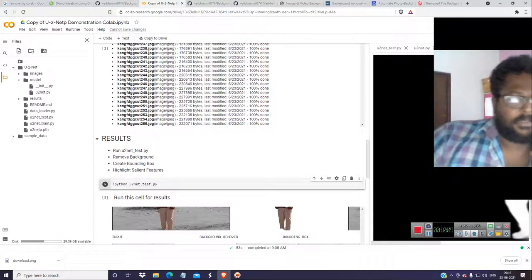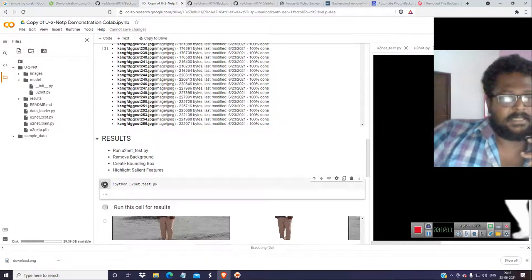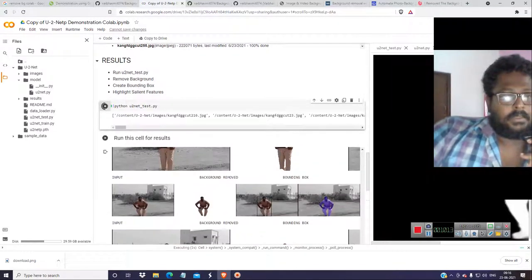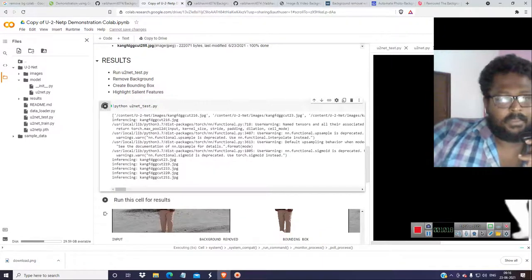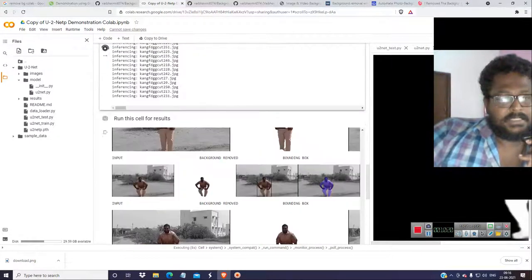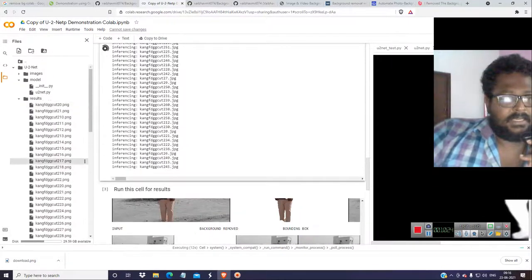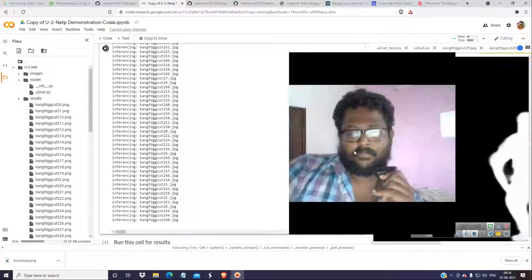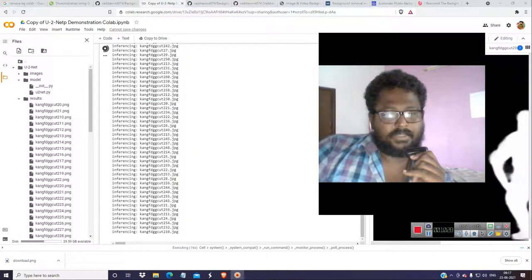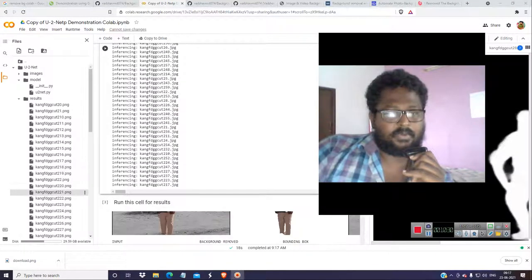Python. Okay, and let's run this. Okay, it is being done now, inferencing all those images. So it should be inference in here. Inferencing all those images, I don't know where it is going to store it. So it is being done.